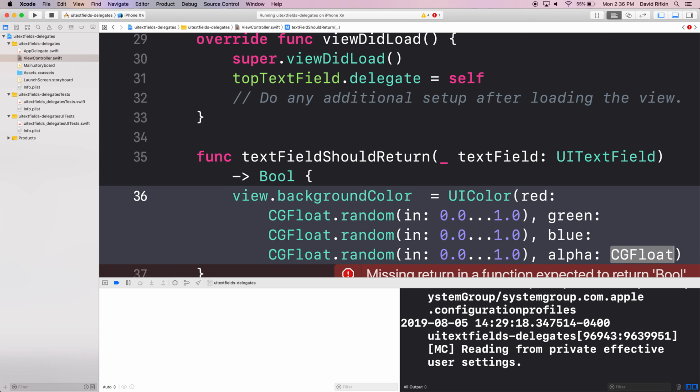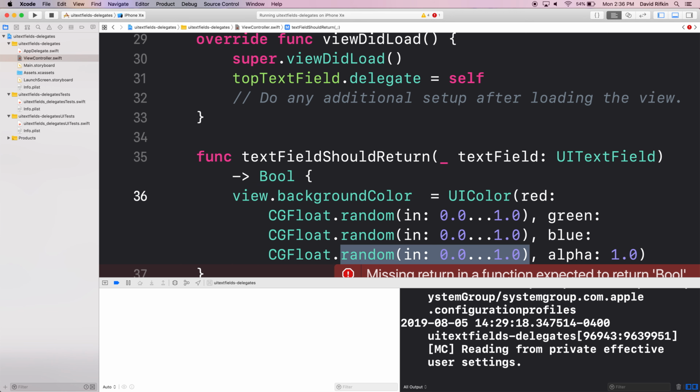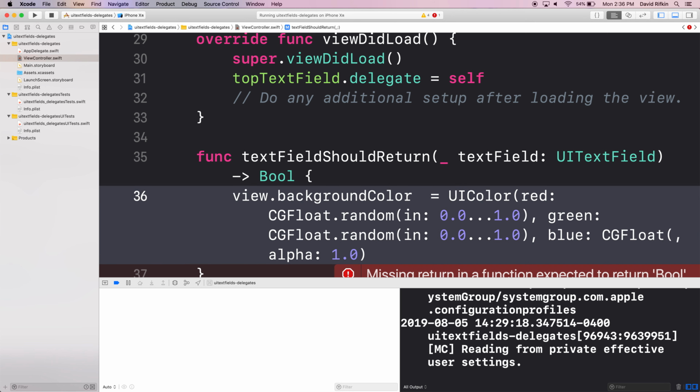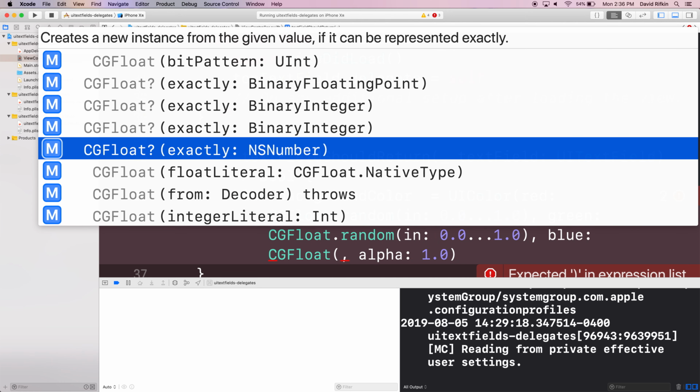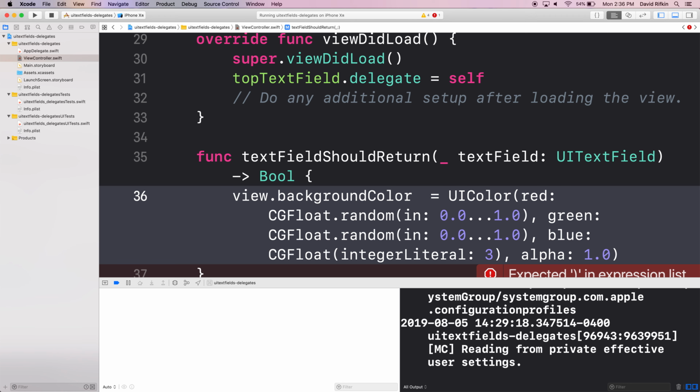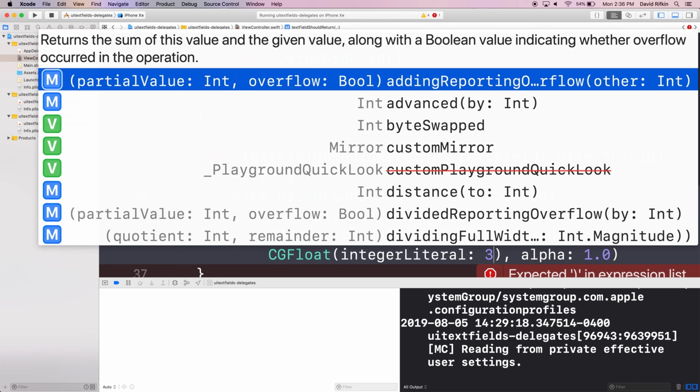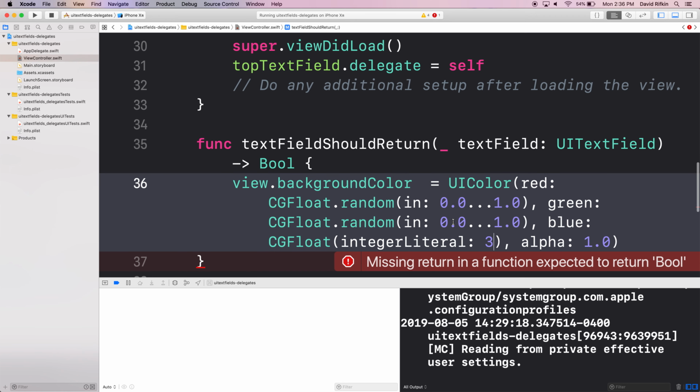Try to put in something weird at 1.0, where you know, like, let's see. CGFloat with the value 3. So